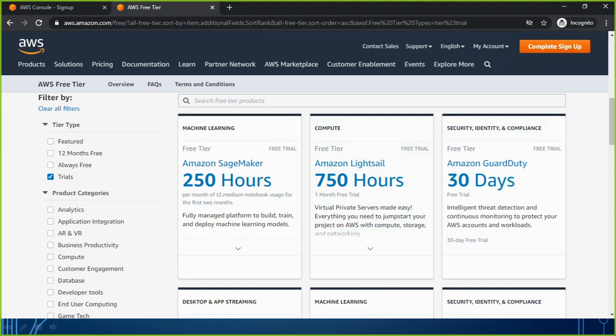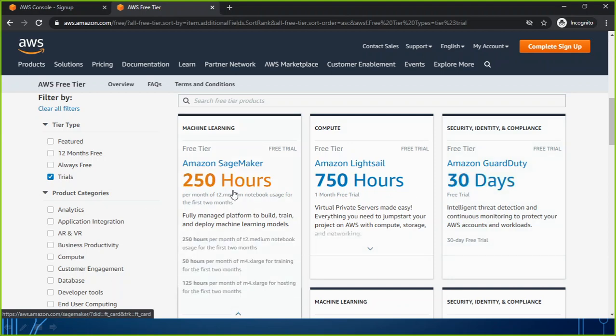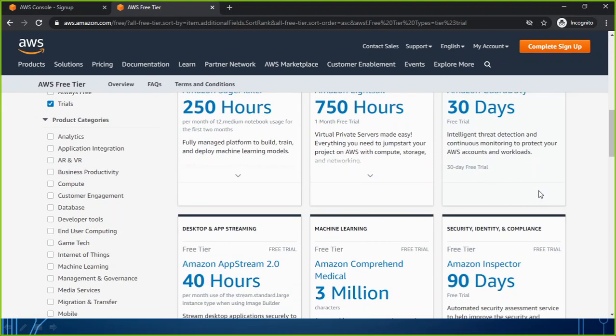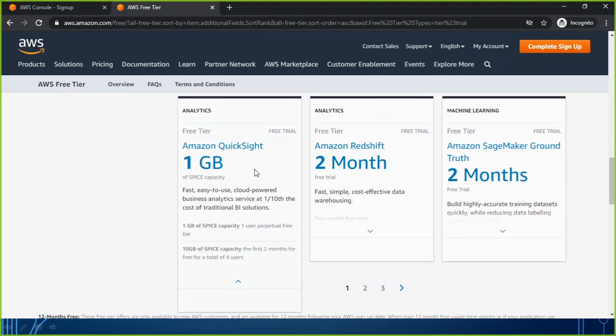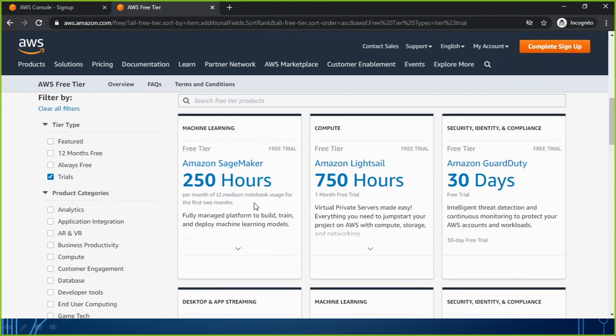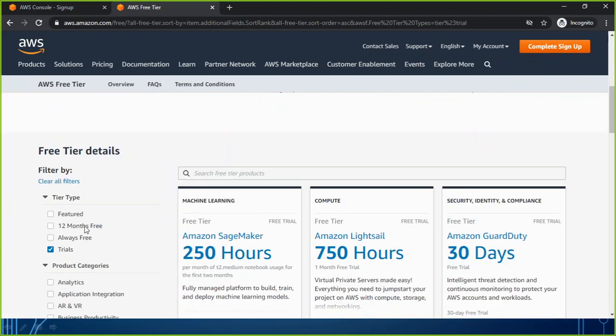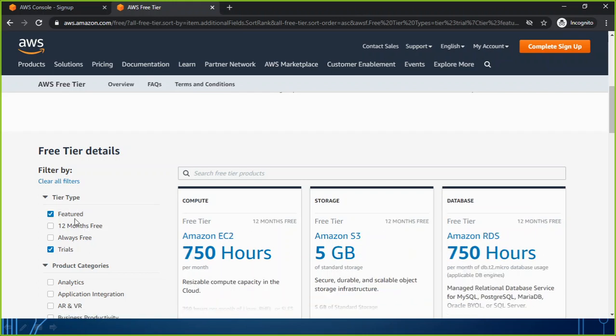So this way we can check, and that will be your work also. After finishing today's lesson, you are supposed to go and see all the different services. You can make a note of them also, which services are completely free, which services are free for only 12 months, which one is just trials, or which one is maybe the featured one. So this way you will be able to see what exactly the service name is and for how long it is being offered, how much maybe the information is free there. Such kind of information you will be able to see from this particular walkthrough of the Amazon portal.